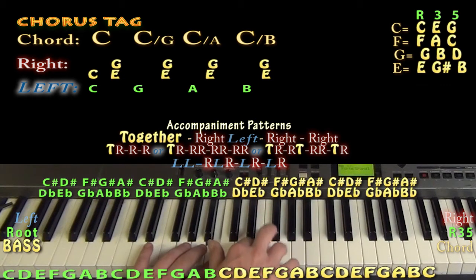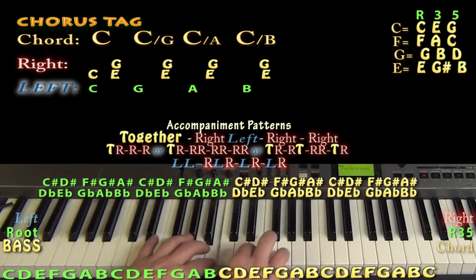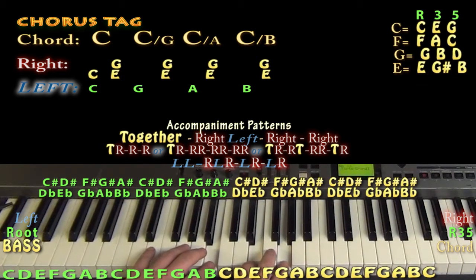Or you could throw in that third, fifth idea to alternate between those. So that's a little weird too, that C, G, A, B is almost a tag to the first chorus. Now another way to work through it too is you could work the C